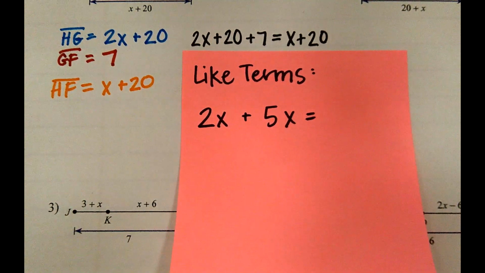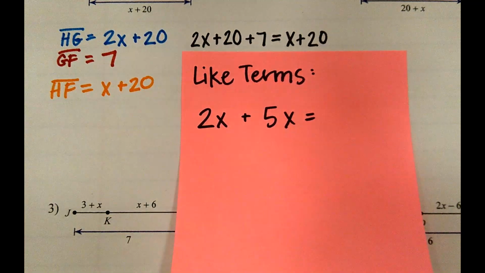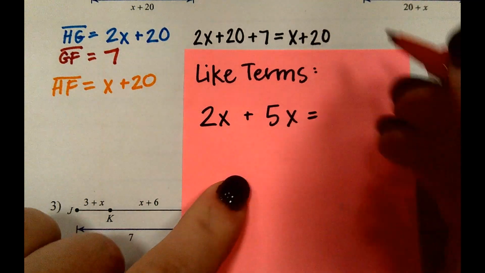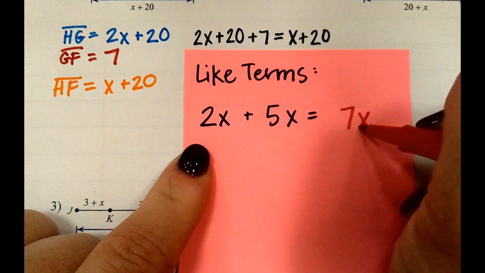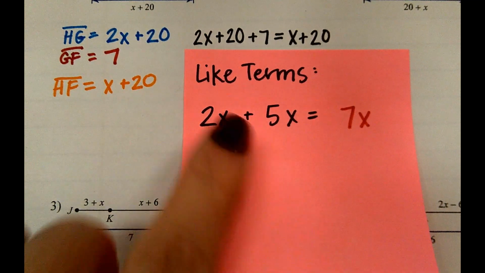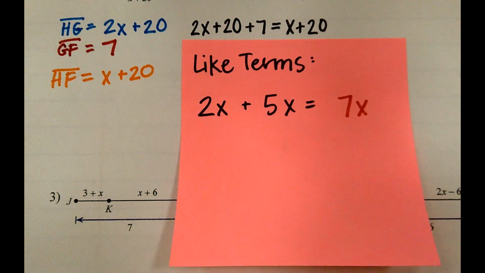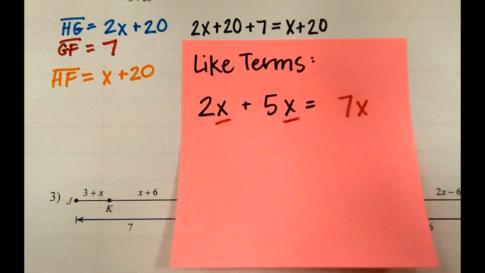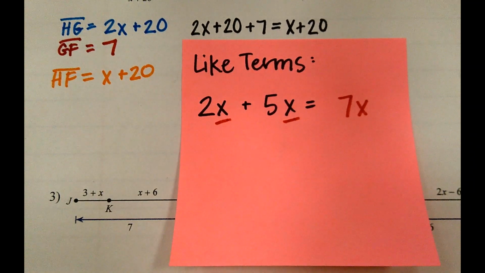Yes, they are like terms because they both have x. So we can add them together and make 7x. Good. So these are like terms because of the x's. What about